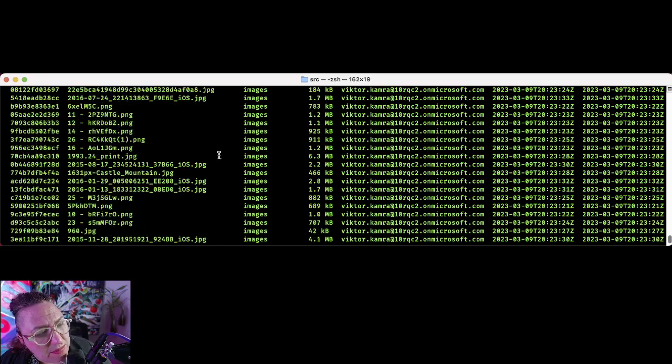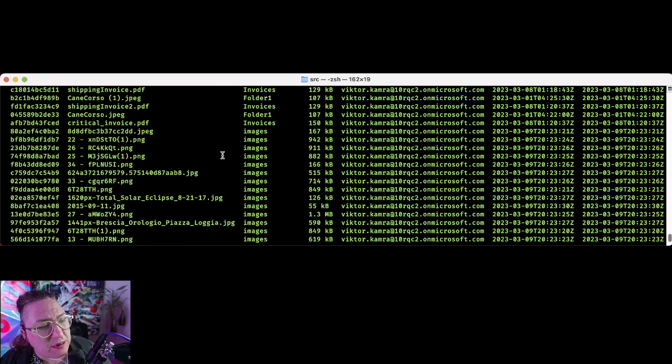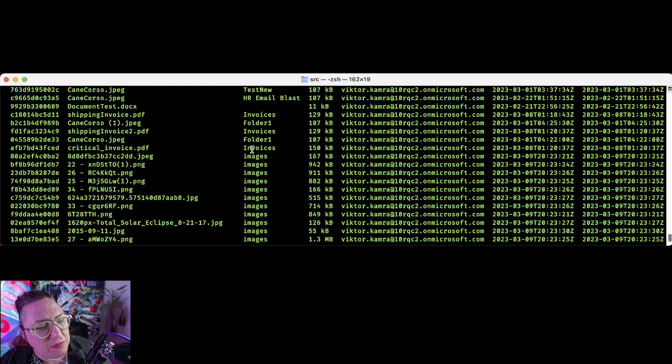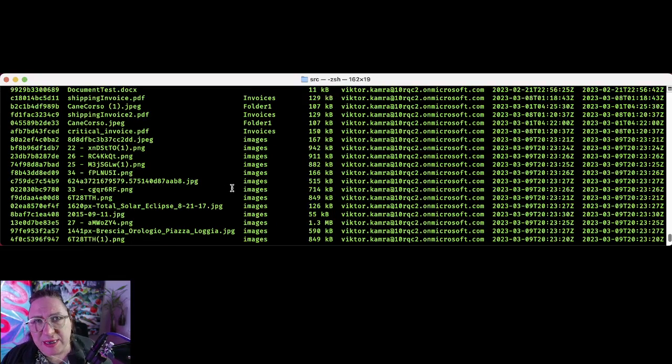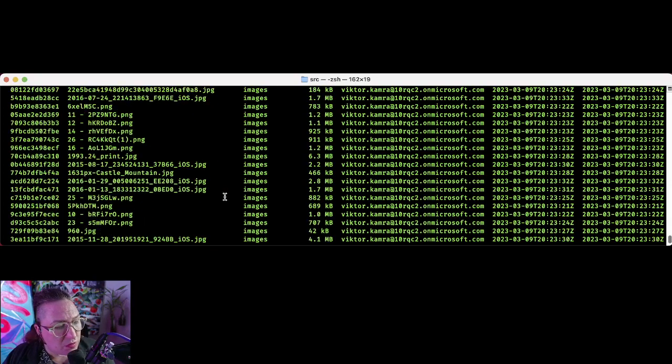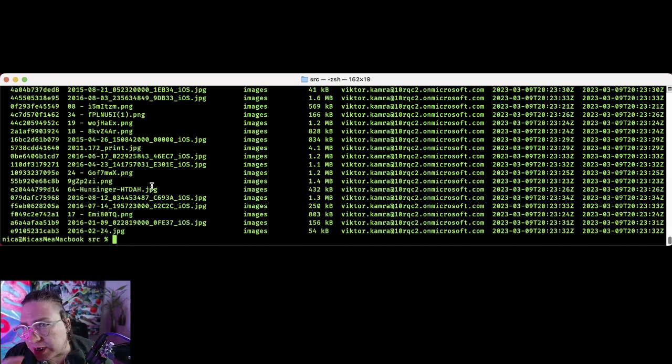Now, we see a whole bunch of files here, but you notice that almost all of them are in this folder called images, which is not what we care about at all. We're worried about a business case. So what we can do is, and again, sorry for the slightly tinier type, but I wanted to get the whole width of this. We'll do